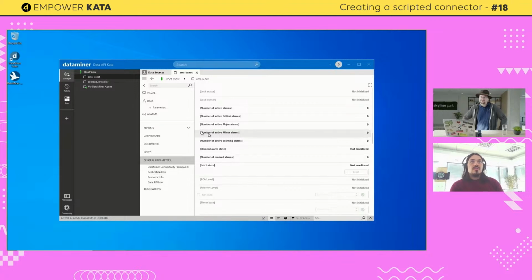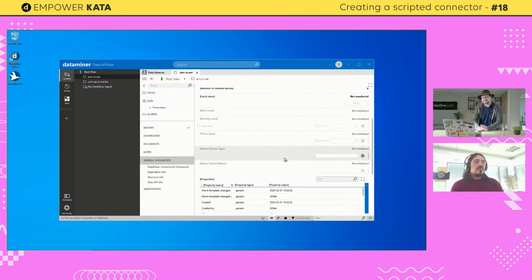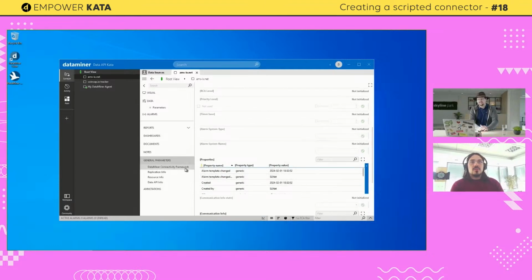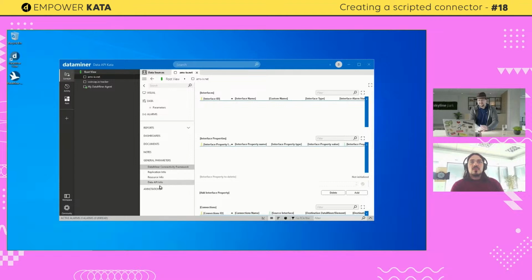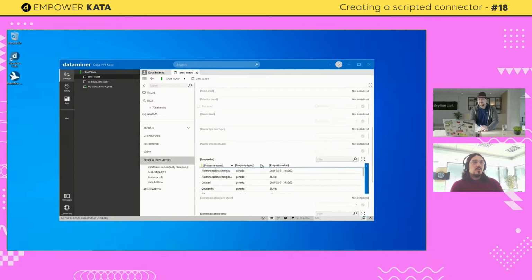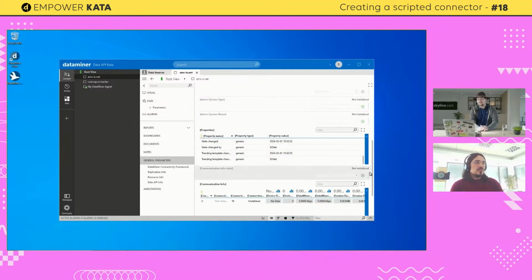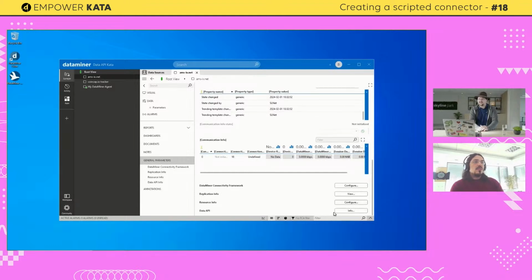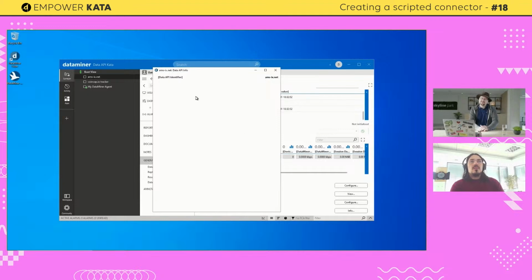You can see in every element you have the general parameters, which you'll be familiar from other things. You have properties, you have DCF and things like that. But you'll see that we have here a data API info, which if you go to the general page, you'll have at the bottom the page button to open, or you can navigate from there. And if you click here, any auto-generated connector, so any scripted connector, will have an identifier, which is what you configure in your scripted connector to tell it what is the type. So in this case, it's the AMS.